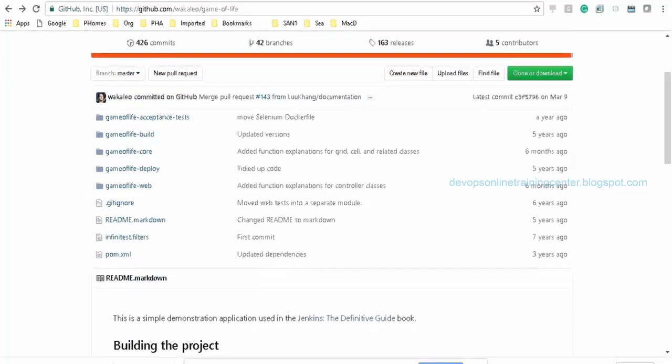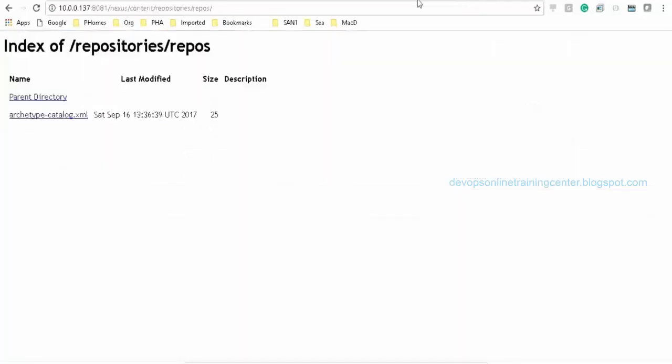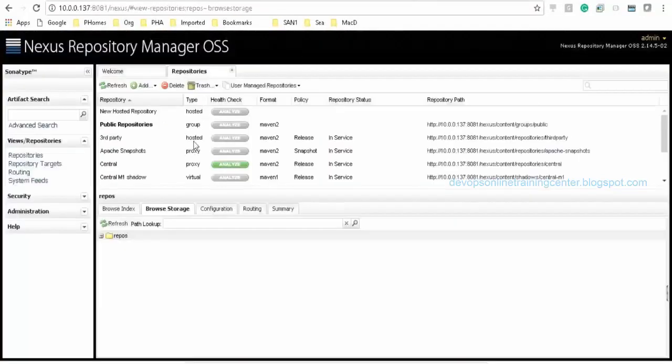Is this clear? So yeah, Maven basically, I know, you explained Maven will use that Game of Life and convert it into the binary, right? Right. So, and we are saving the binary using Nexus, right? Right. So why do we need to give the GitHub if it's already converted into the binaries by the Maven?